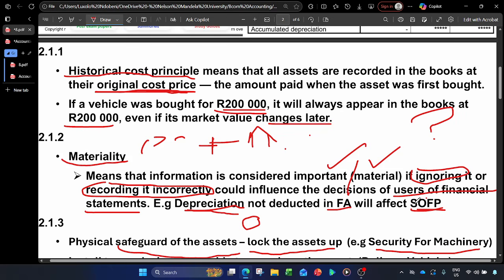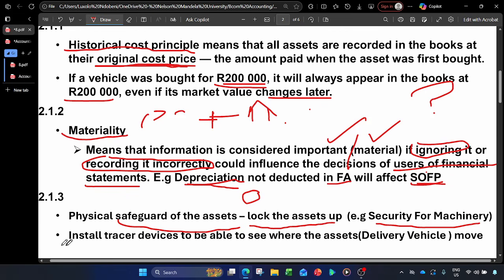to the delivery vehicles, they are taken by the people, not just any people, but the staff, they use them for personal use. So how can I protect our vehicles as a business? So we must install tracker devices to the vehicles to be able to see where the vehicles or assets are going, or where they are moving. So for example, here the delivery vehicles, so that you see, okay, the location was at, let's say, Johannesburg, but now we see how this person went to Cape Town. So that is where the concern is coming from.